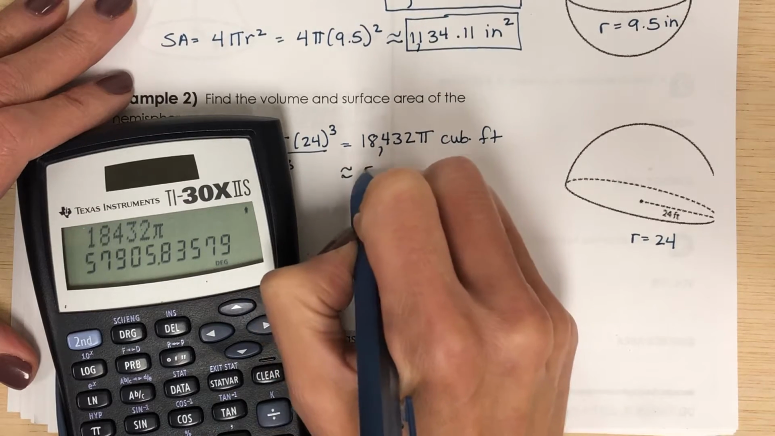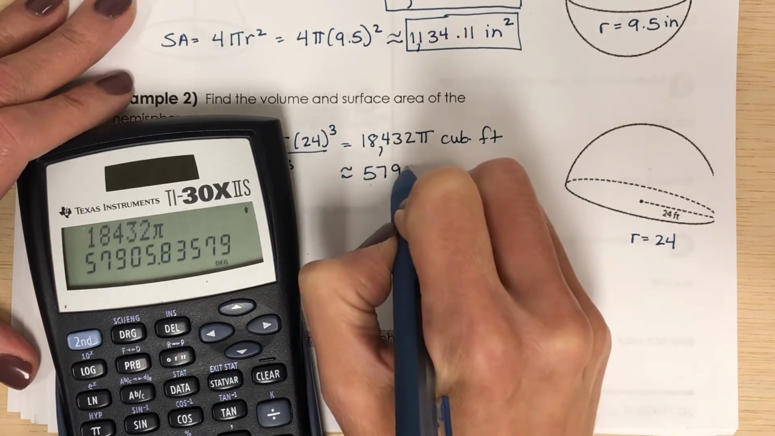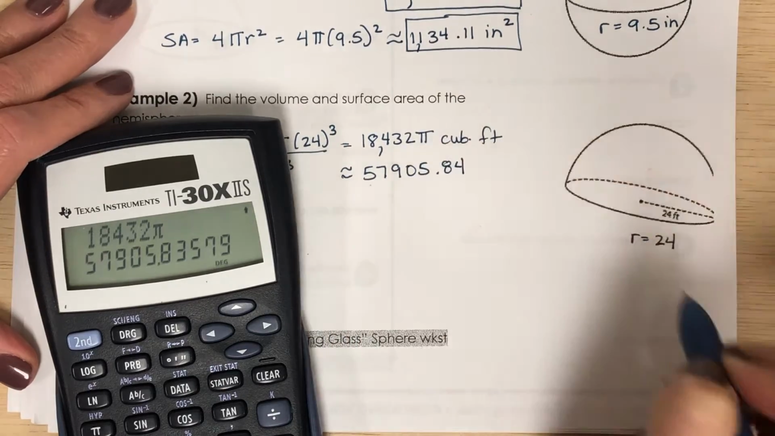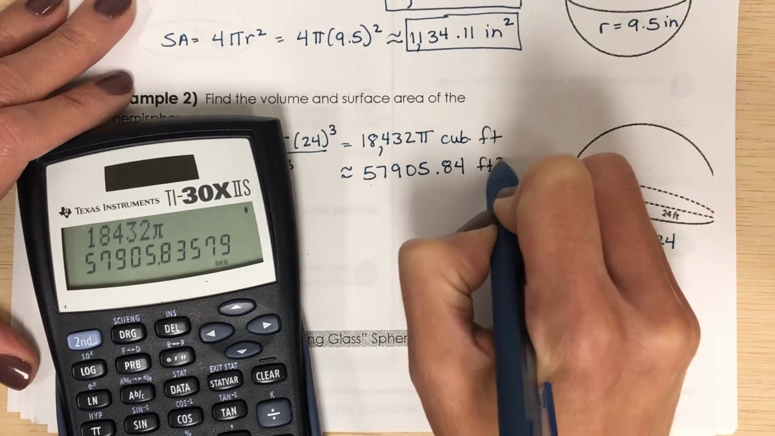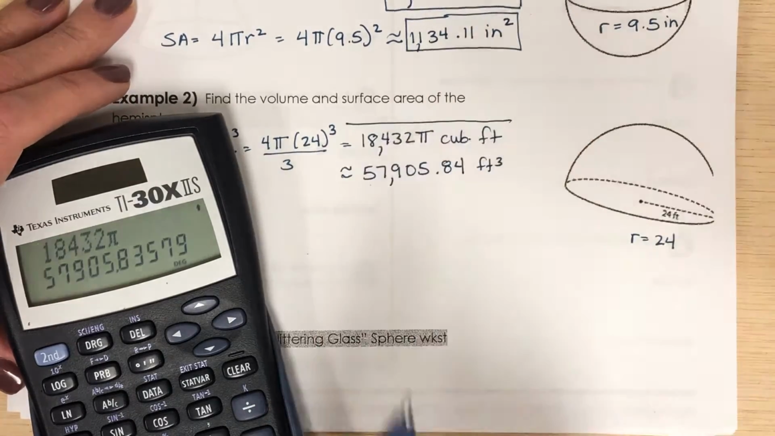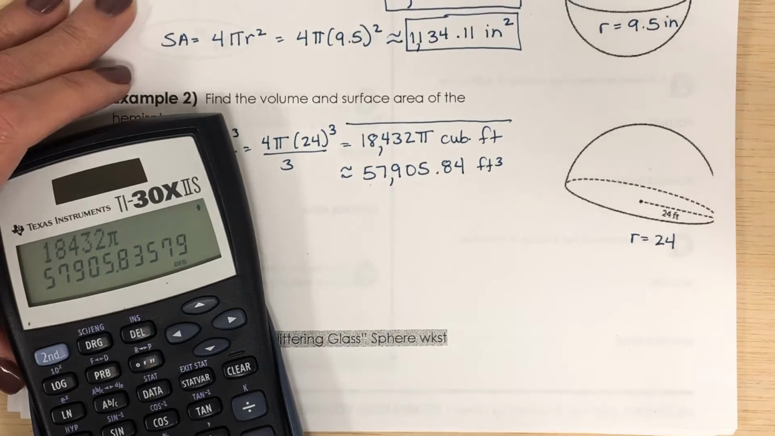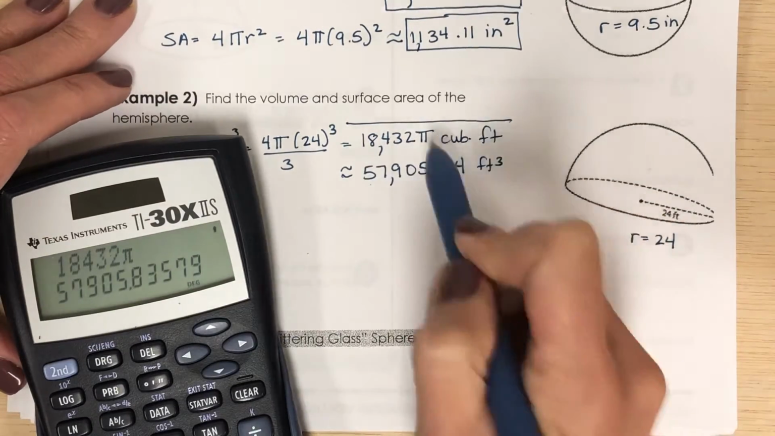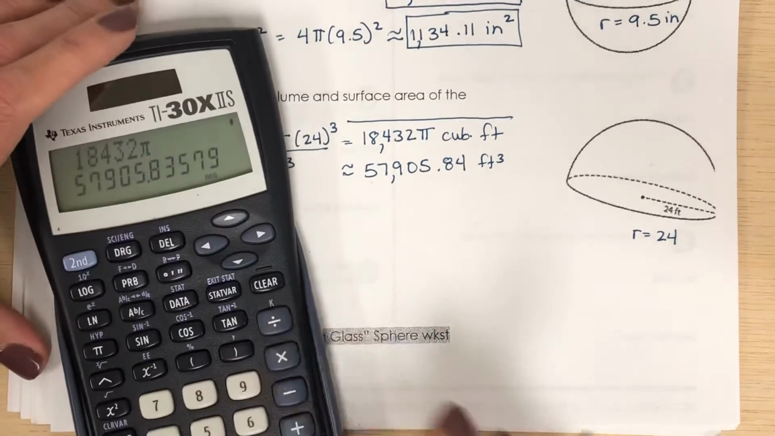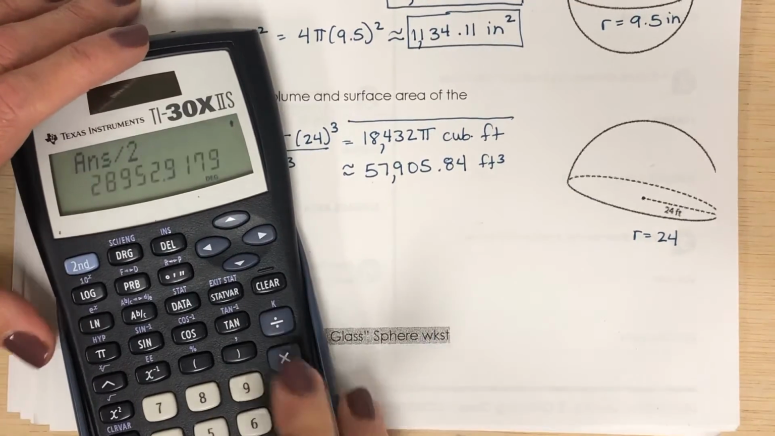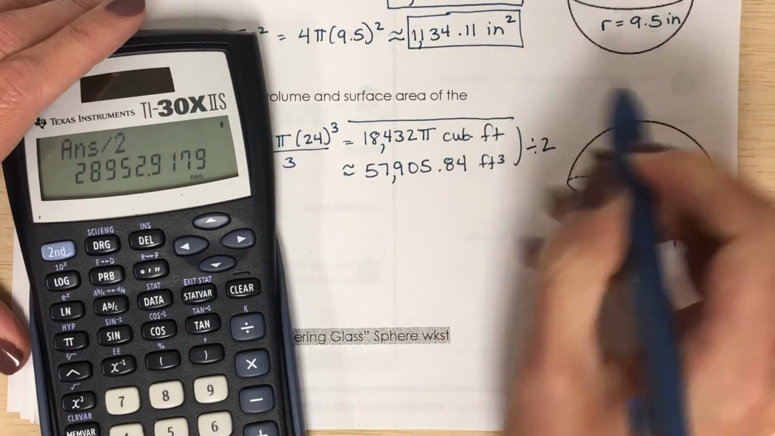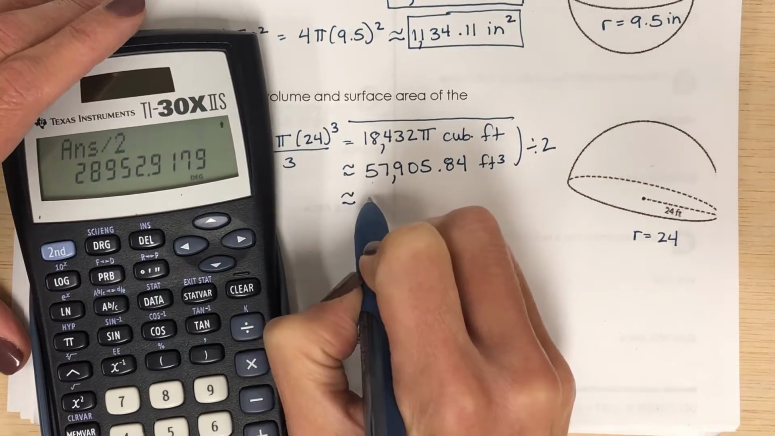That is approximately 57905.84 cubic feet. Oh, but I almost circled that. That is not my final answer. That is the volume of the entire sphere. I'm going to need to divide that by 2. I totally forgot about that. So we'll just divide that by 2. That gives me the approximate answer of